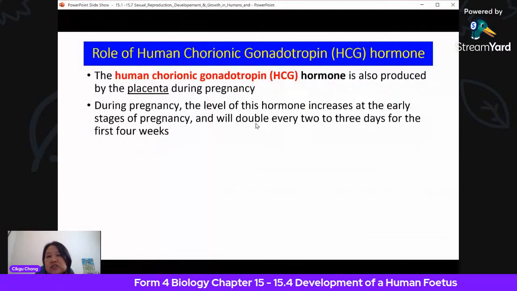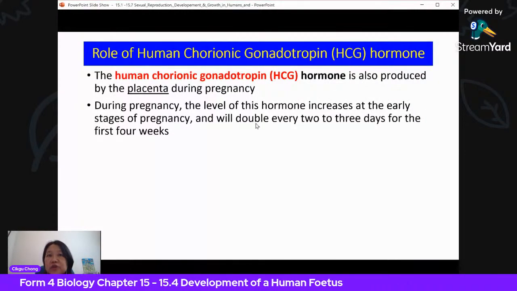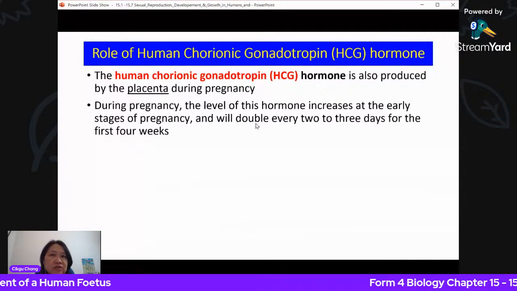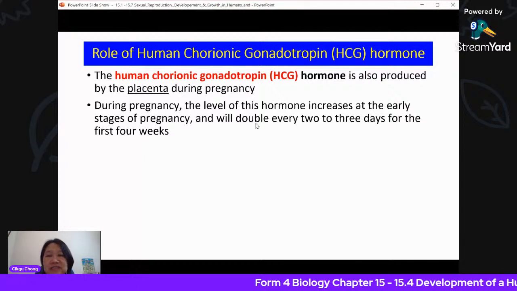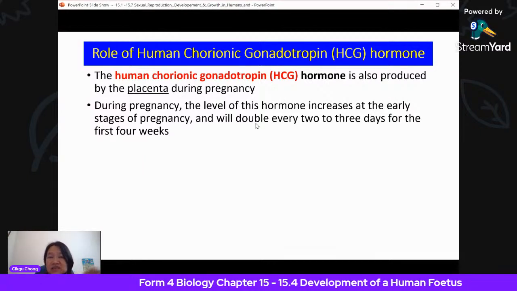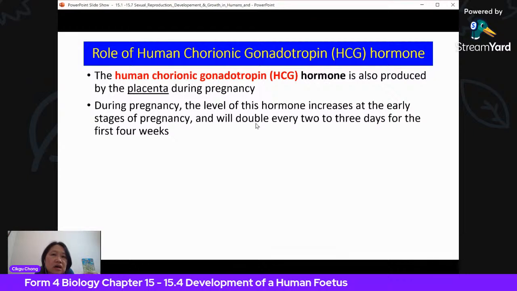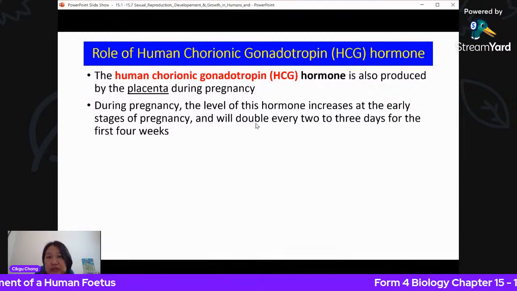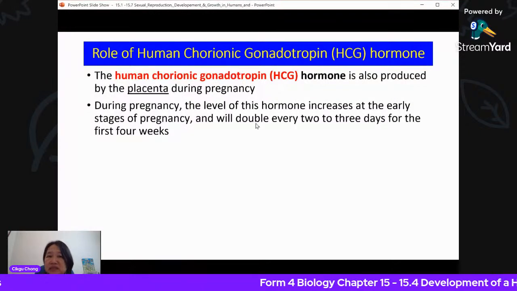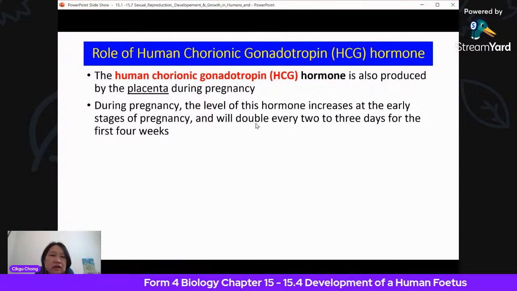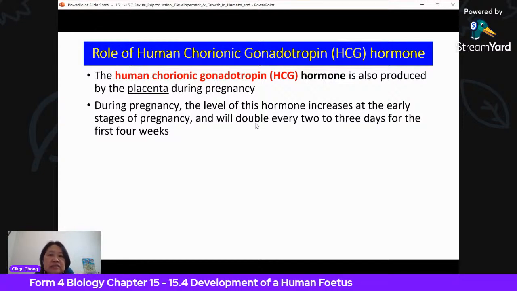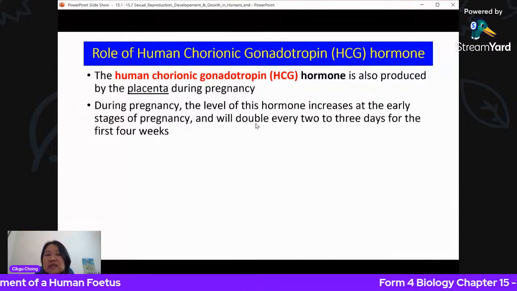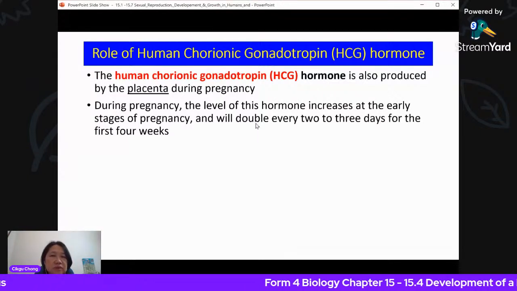So this is the hormone that is going to be detected in the urine of the mother. Remember, sometimes when you are not sure if you're pregnant, you can see in movies the woman will go to the pharmacy and buy a test kit, isn't it? There's a test kit you can buy from the pharmacy to test whether the woman is pregnant. She will test this on the urine that is produced. You dip the stick into the urine sample, and the test kit detects the presence of this HCG hormone. So if you have that hormone, most likely the chances of being pregnant is very high.